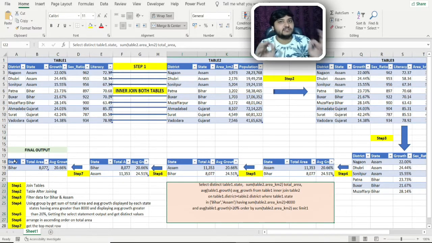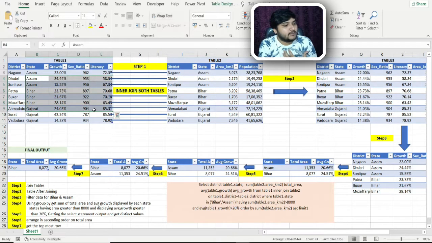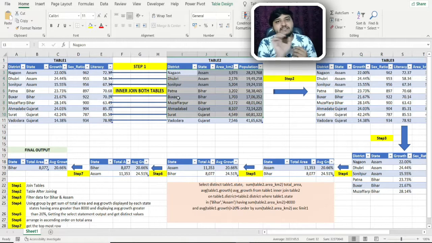So friends, the very first thing which happens whenever you are writing a query is the joinings, or from which table the data set is coming from. You can see from this particular table the data should come, and from this particular table the data should come, and later joining is happening. So this is the very first step which is happening.